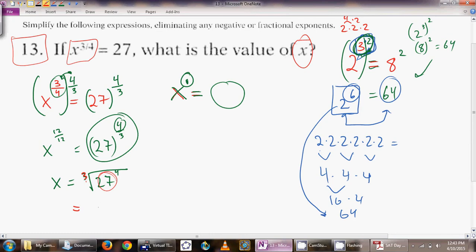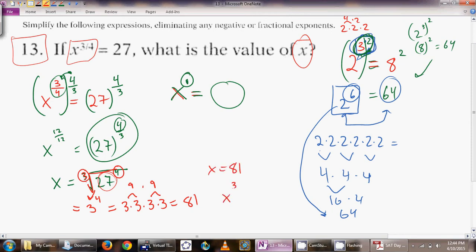The cube root of 27, what number times itself gives you 27? That's 3. So this is really 3 to the 4th power, right? The cube root of 27 is 3. Now all I have to deal with is raising to the 4th power, okay? So 3 to the 4th power is very manageable. It's 3 times itself, 4 times. That's 9. It's really 9 times 9. It's really 81. So when x is 81,